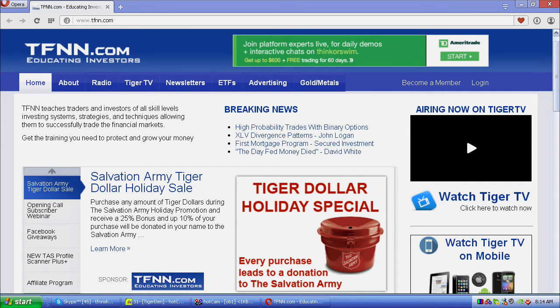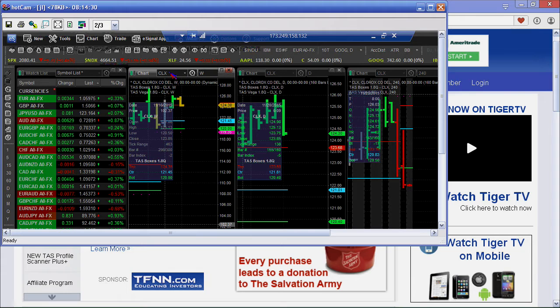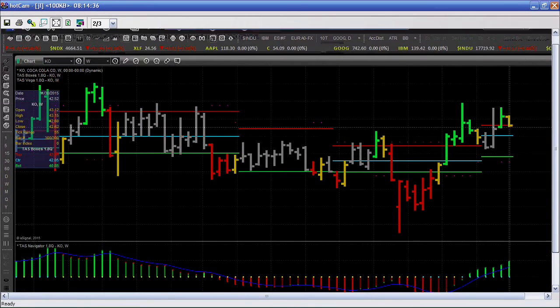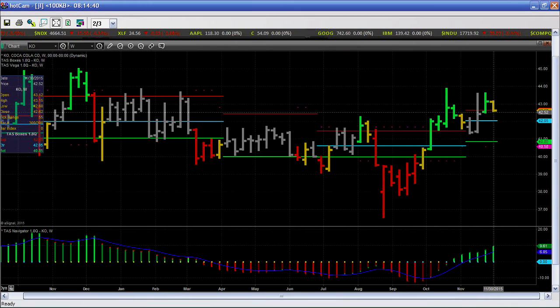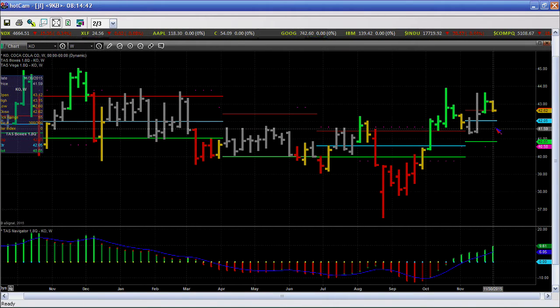Let me make sure you guys are seeing my charts here. So I'll go to Coke. And even though it's within the so-called top of the box here, top of the profile, by definition, within 10% up above or below the inflection point relative to the height of the box, it's just a simple math calculation.